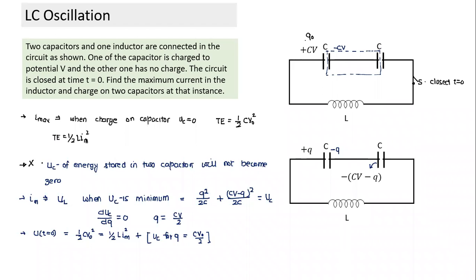See what we used to do. In this case, every time you're using the principle that total energy remains constant. In previous cases, we used to take the energy stored in the capacitor to be 0 because the charge can drop to 0. In this case, when the two capacitors are connected, we cannot equate it to 0. The energy stored in the capacitor corresponding to the case when current is maximum will not be 0, because of conservation of charge on the two plates, it will not drop to 0. The charge will have a certain value at which the energy stored becomes minimum. That's what we need to find.